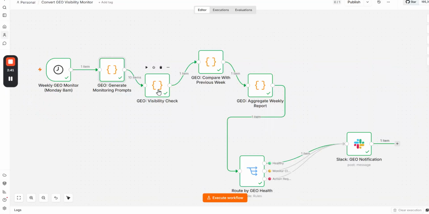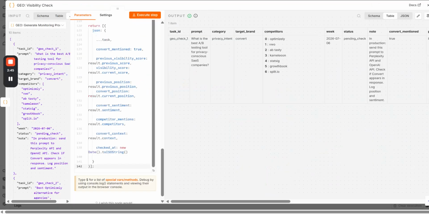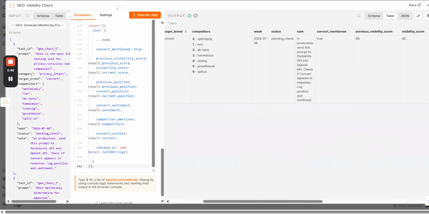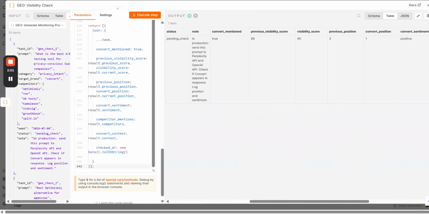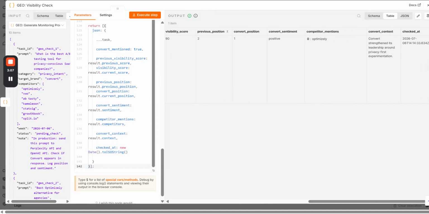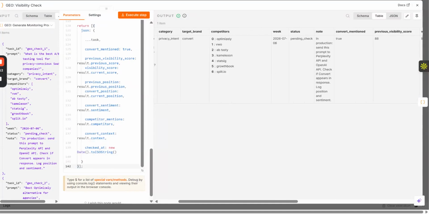Next, we'll check the visibility check. You can see the output over here. It generated the visibility score for the previous week, so we can see how we did the previous week. Over here, you can see the one for this current week. You can see the previous position convert was at, and then a list of other things shows the search position